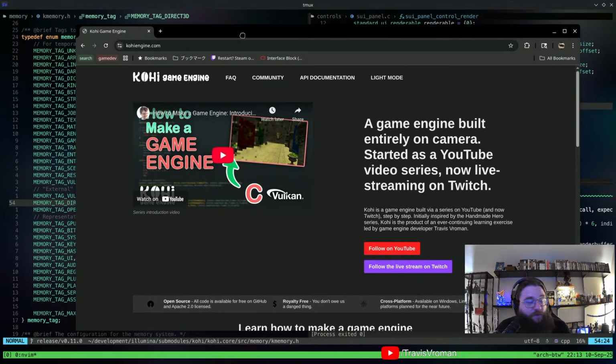I can't actually run this at the moment because we're in the middle of a large refactor. So I'm going to show you the project page and then a couple of dated screenshots. The engine itself is written from scratch in C and uses Vulkan as its rendering backend for now. It's designed with multiple rendering backends in mind, so we have planned support for DirectX and Metal backends as well. I'm going for as feature complete as possible before I do those other backends.